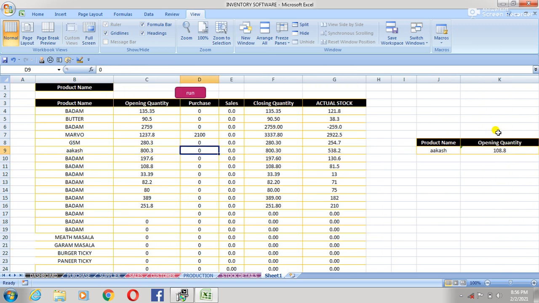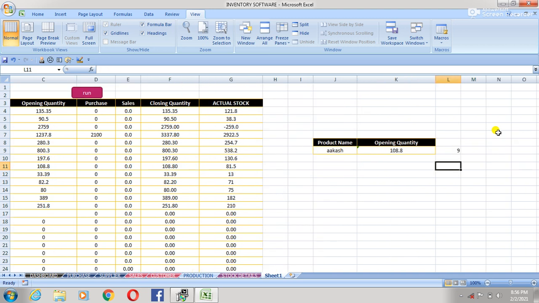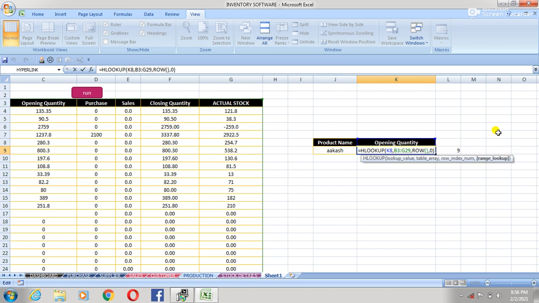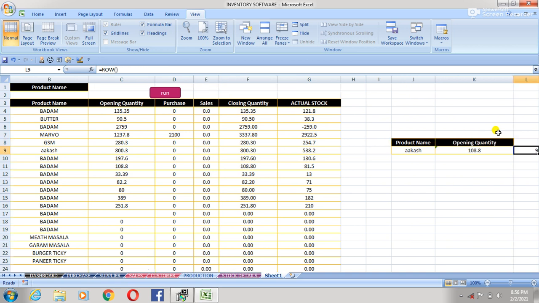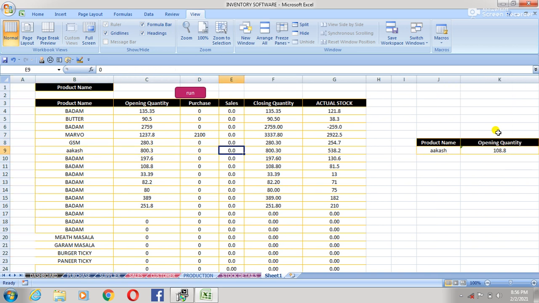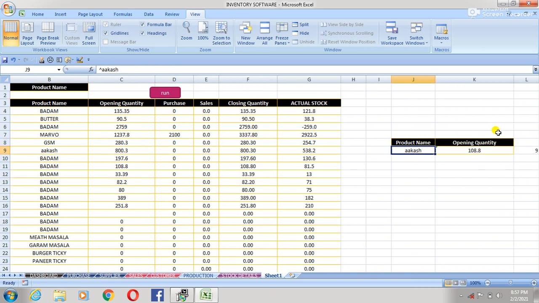So here 108, Akash. Wait, Akash. Here not 108. Here this range, 108. I want the row option. So apply. Wait, 108, 800.